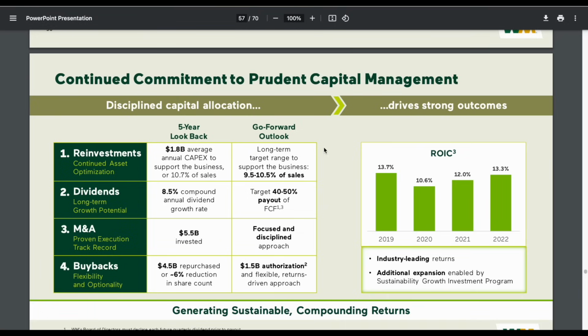Now, clearly, Waste Management has a commitment to increasing their dividend payments every single year. And if we look at the dividends right here, we can see management is telling us they are targeting a 40 to 50% payout of free cash flow. If they can stay in that range, then I feel like that is a pretty healthy dividend. Something we need to understand about Waste Management is that this is a company investors consider safe, reliable, and very predictable. And those things are typically something investors are willing to pay a premium for, which we'll talk about later